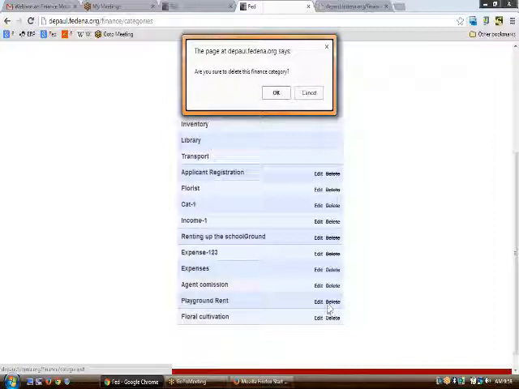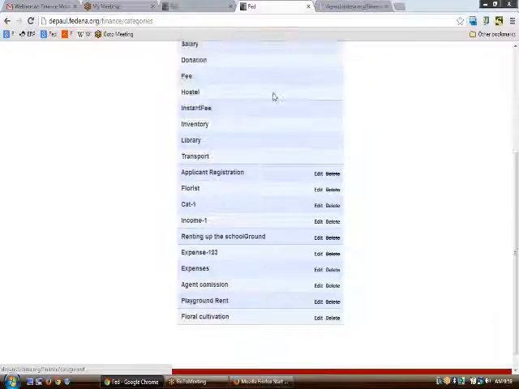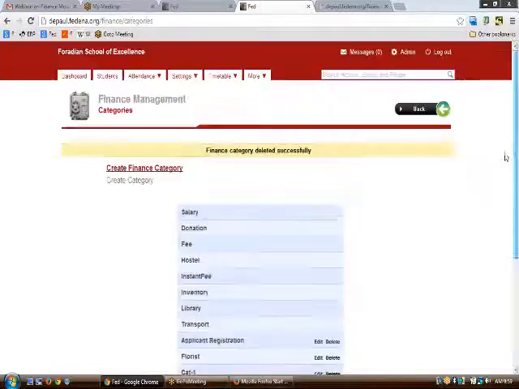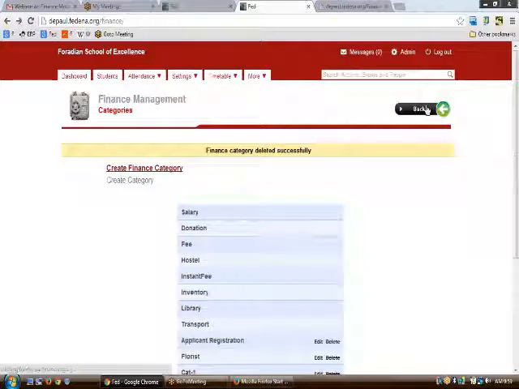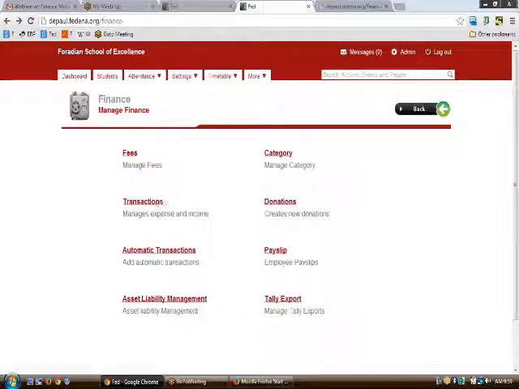As you can see, only the delete option is available for certain categories. So if you have already created some income or expense, then you won't be able to see this here. So this was all about the finance categories. Next come the transactions.